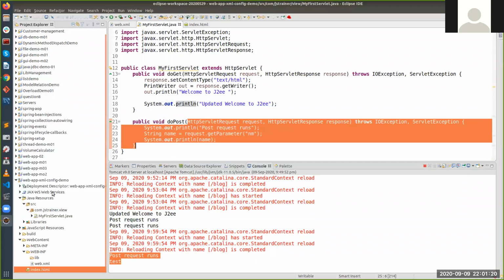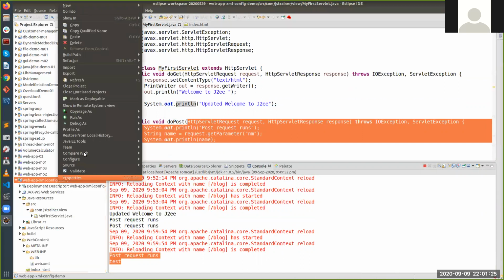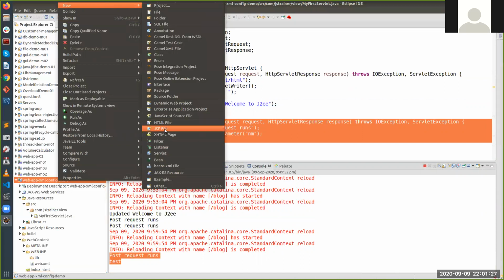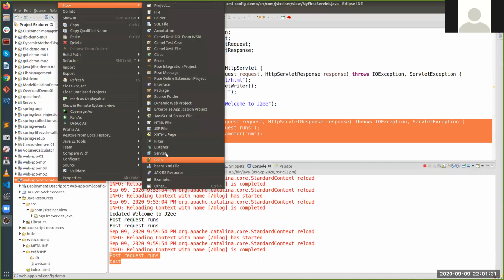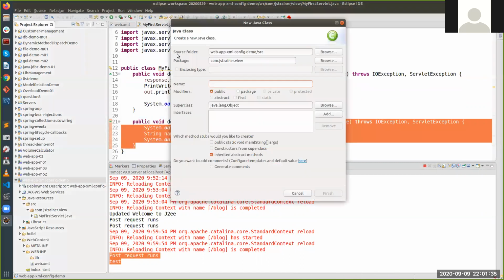Now, a very short configuration we'll give over here. If I want to add a new servlet, Eclipse gives you this feature. Eclipse helps you in creating a servlet, so you can select the servlet from here. Now, what if I want to add a servlet with a Java type configuration? I can add it inside the same project itself. It's a very small description.